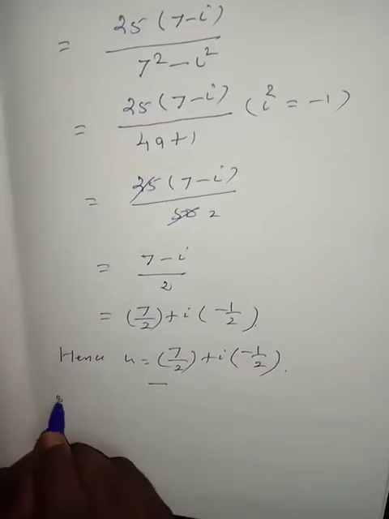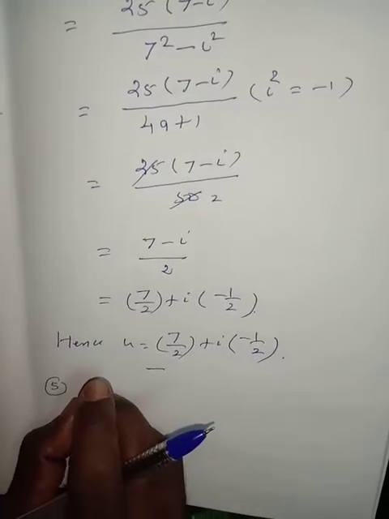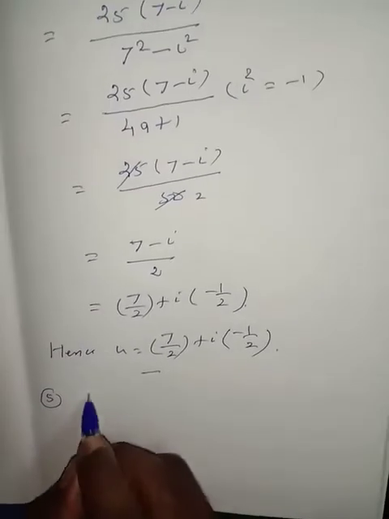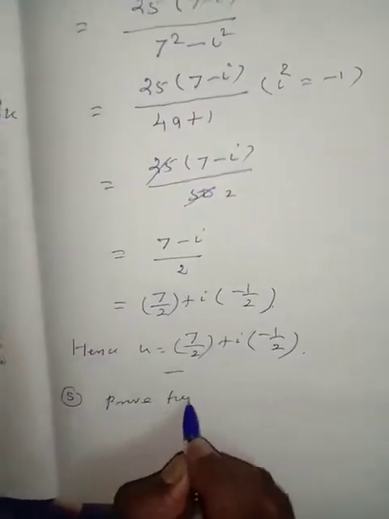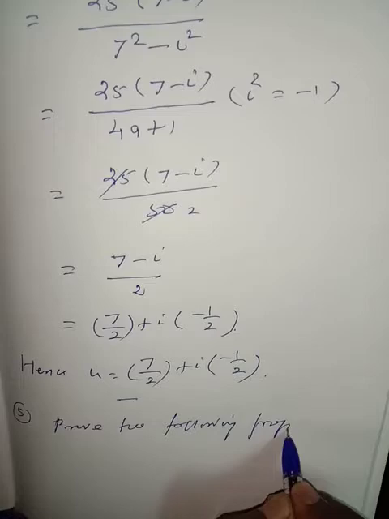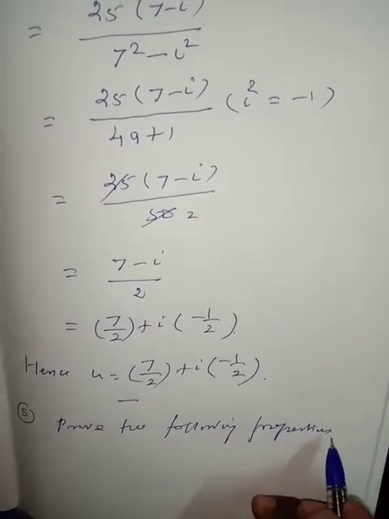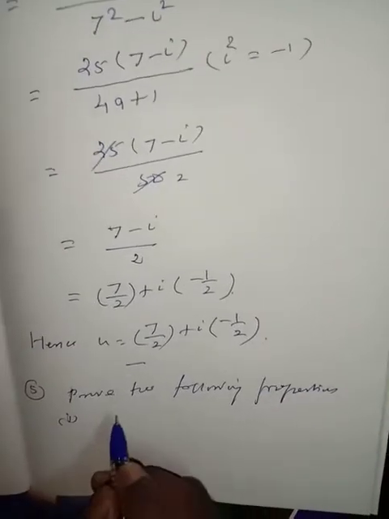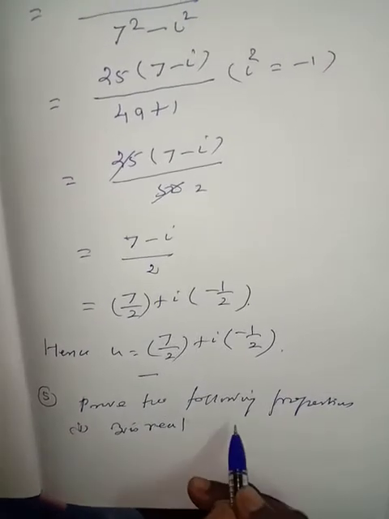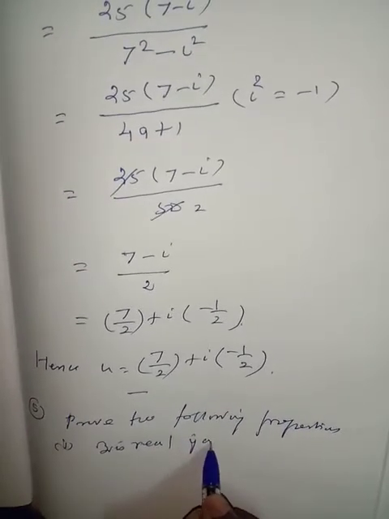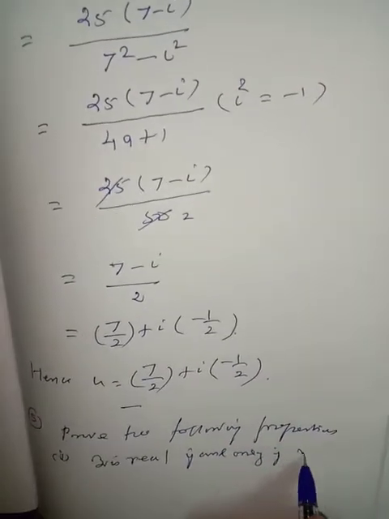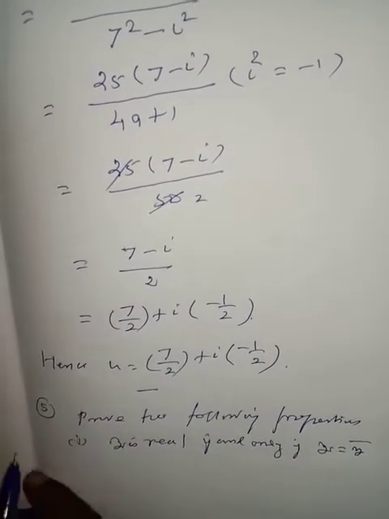Sum number 5. Prove the following properties. Number 1, z is real if and only if z is equal to z bar. Number 2,